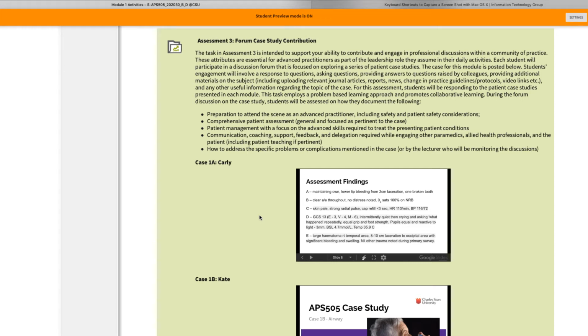Explore it a little more deeply and then present it to us online. It's a great opportunity to explore your learning gaps. As adult learners going through the subject, there are things that you are not aware of or have no experience with. So use these case studies as an opportunity to explore that.